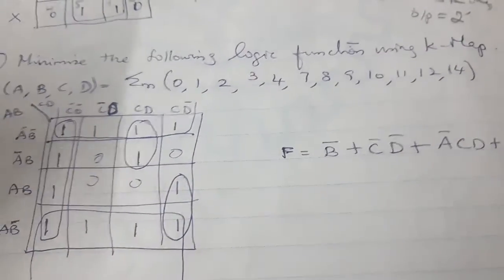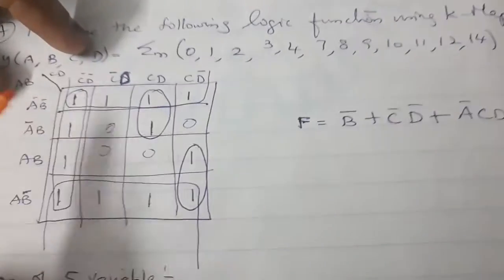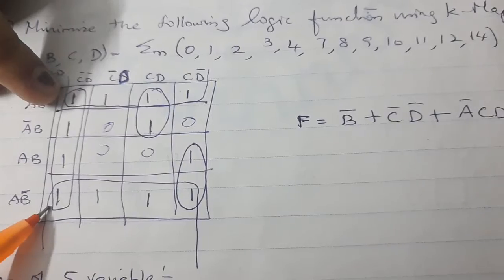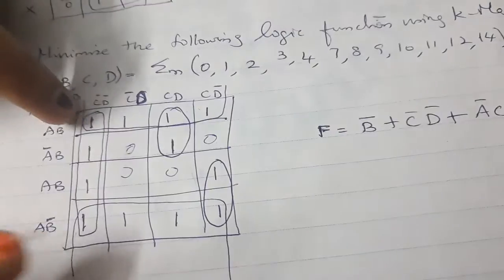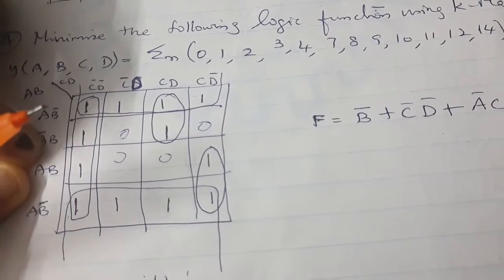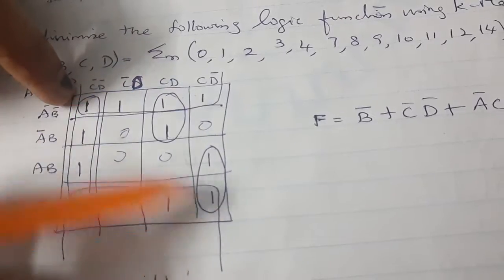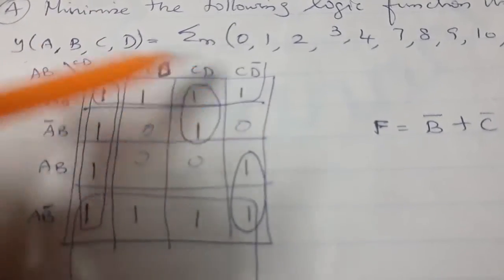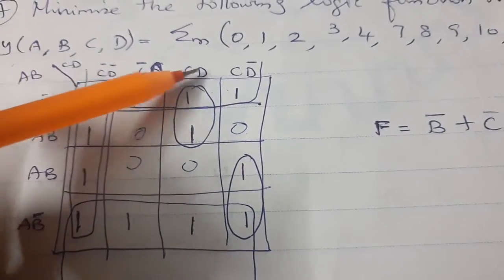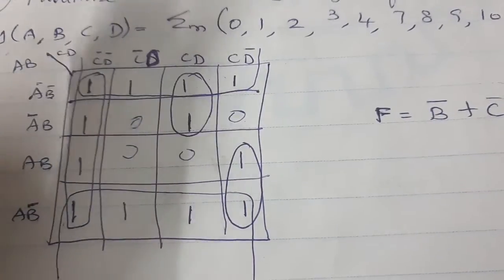Now you are going to combine the neighboring ones. You have 4 ones at the top and 4 ones at the bottom. You can fold this end and that end together, imagine you are folding. So the 4 ones are folded with the 4 ones. In the bottom all the variables are changing: C D bar, C bar D, C D, C D bar. Nothing is fixed, so you cannot take the expression.